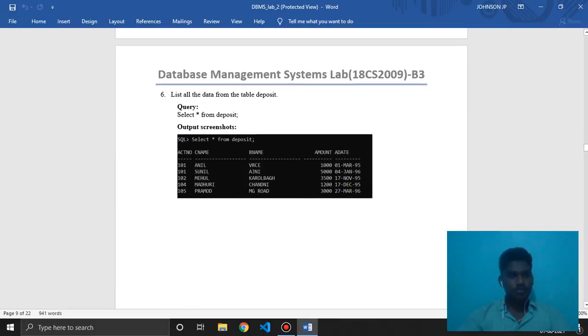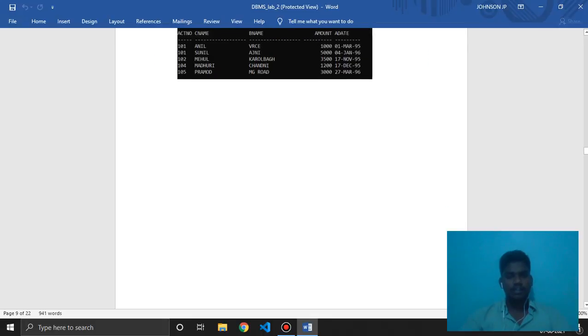So, list all the data from the table. How to list all the elements: SELECT is the command used to select particular data from the table. Star means we select all from the table called deposit, so it shows everything in the table.